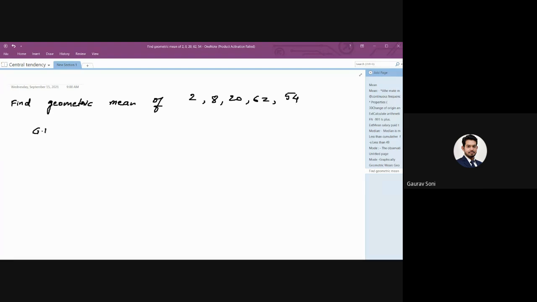So geometric mean is 2 into 8 into 20 into 62 into 54 raised to 1 by 5. So the answer is